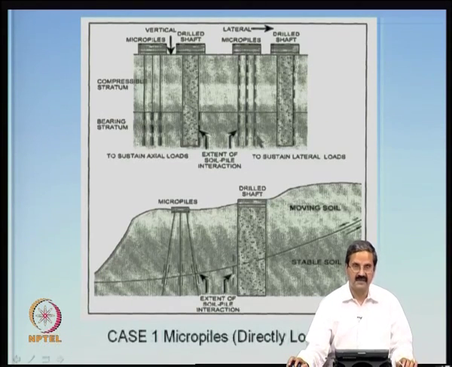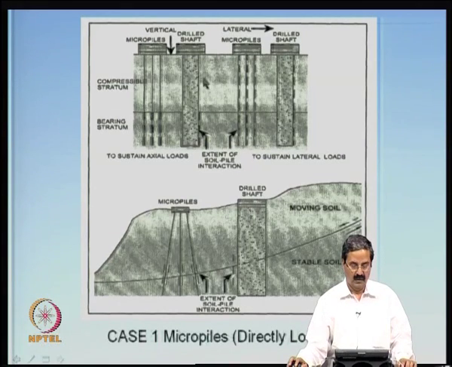This is another important difference that I think I should highlight to you: micro piles can take vertical loads as well as lateral loads. Normally, particularly in the US, we call them drilled shafts. The big diameter, say 2 meters or 1 meter, we call a drilled shaft. This is actually designed for the pile soil interaction here.